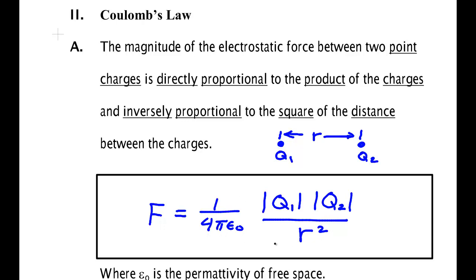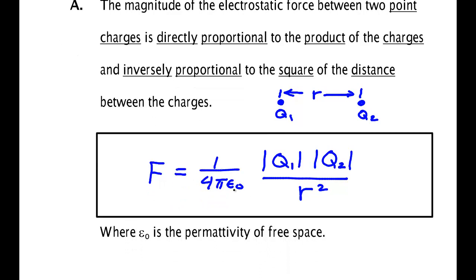The 4 pi really belongs to the R squared. It's the surface area of a sphere, and it tells us that this equation is special. It only works for point and spherical charges. The epsilon naught is a proportionality constant that describes the strength of the electric force. And it is called the permittivity of free space and is provided on exams. Now,